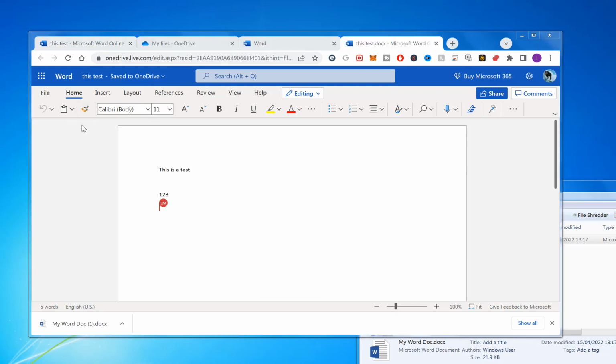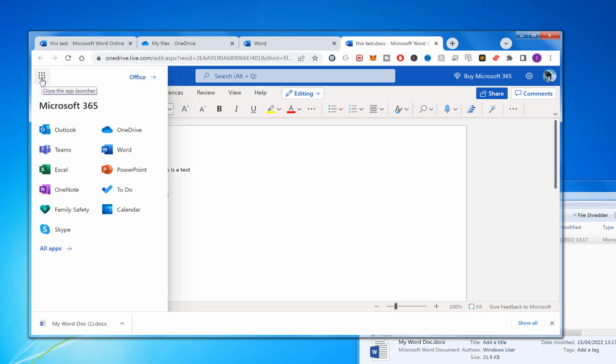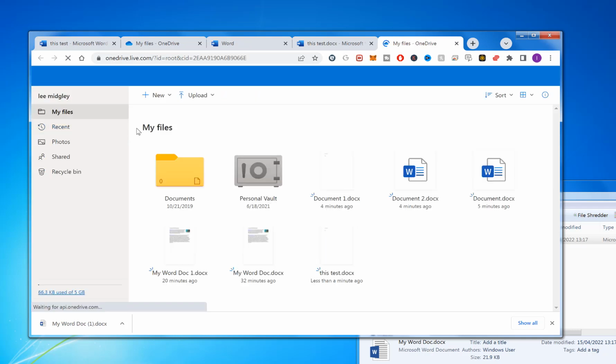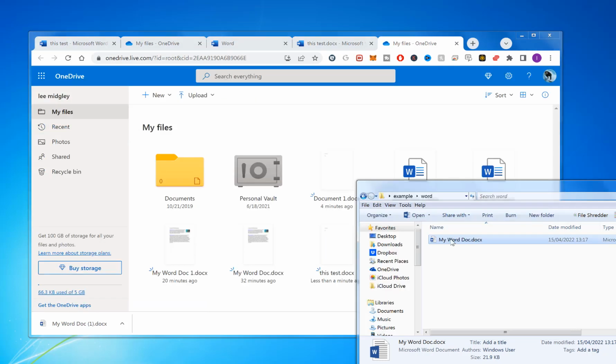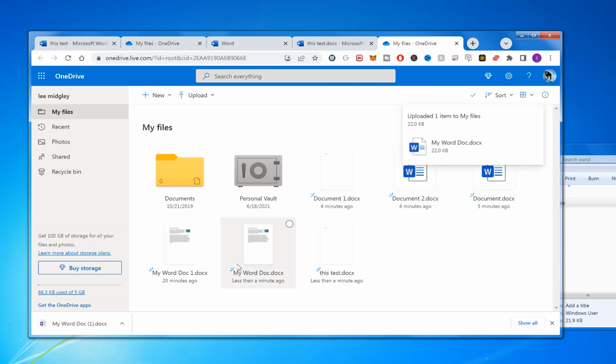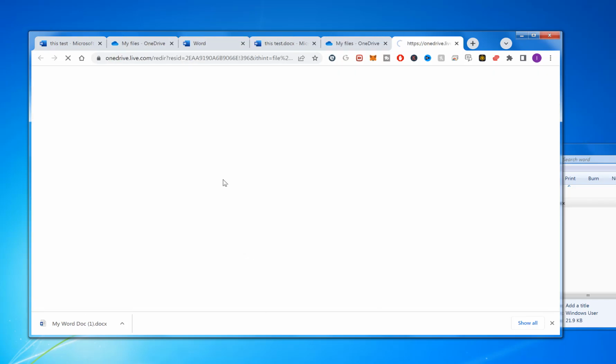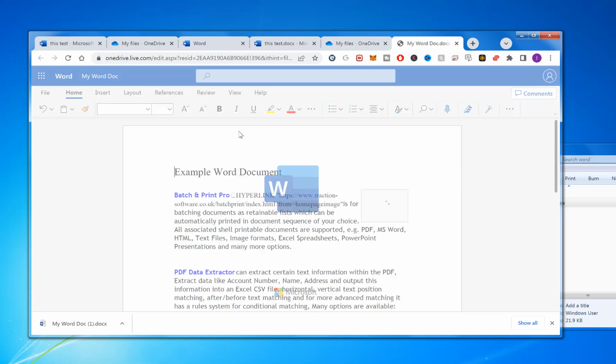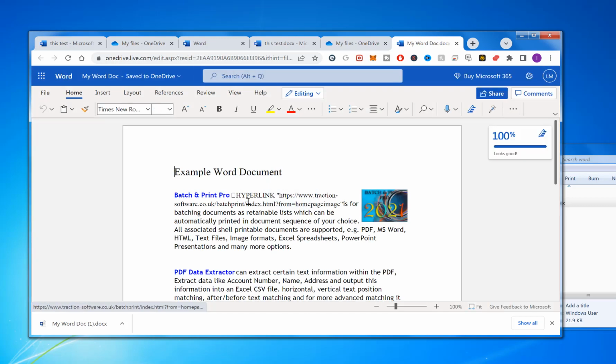So to import a file, I've already got my hard drive. You want to go to the OneDrive, and you can drag and drop your file into there. So you've got my dot there. You can click on it and it will open it in Word for you, and you can edit it as normal,